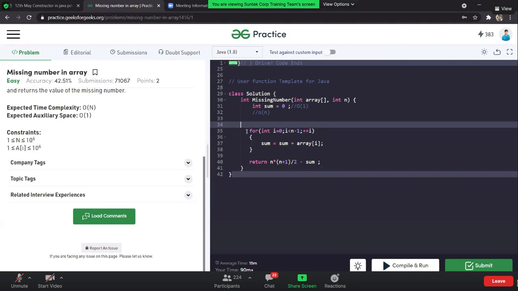So what if my sum variable, which I have defined as an integer, is not able to sum up all these numbers and keep them inside the sum variable itself? There might be a case like that where the sum variable exceeds the integer value itself. So in that case, we need to find a better way of doing it.